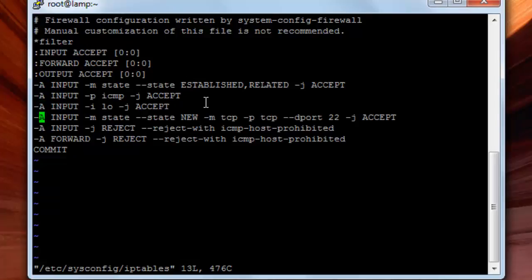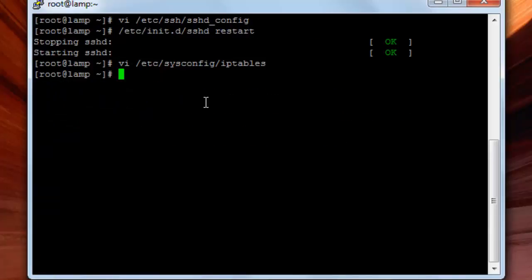I will go down here to this line and I will press I to get in the insert mode, and next to port here I will delete the old number and insert the new number, which will be 3212, and then I will press escape, then shift, colon and wq, press enter,